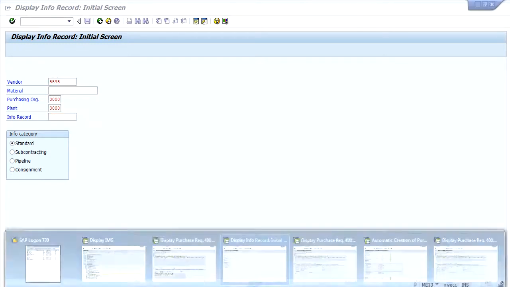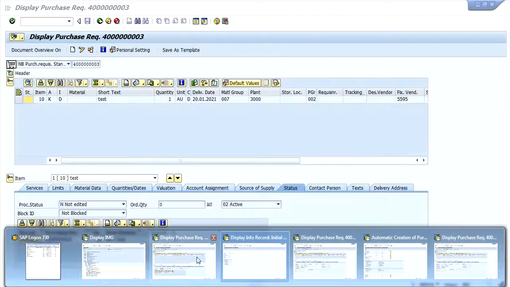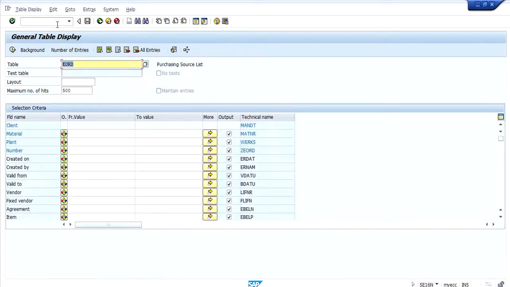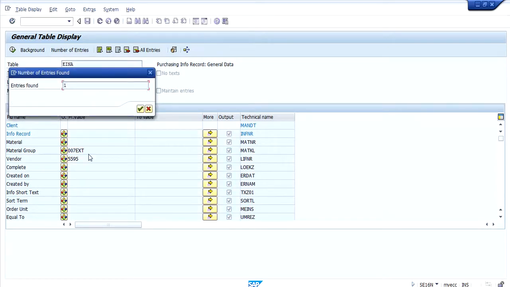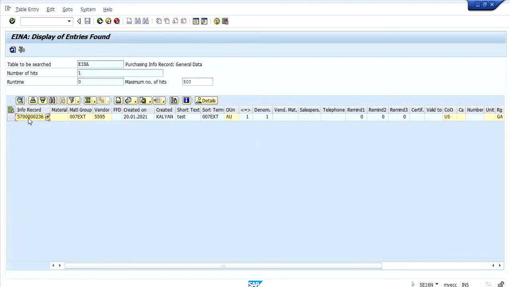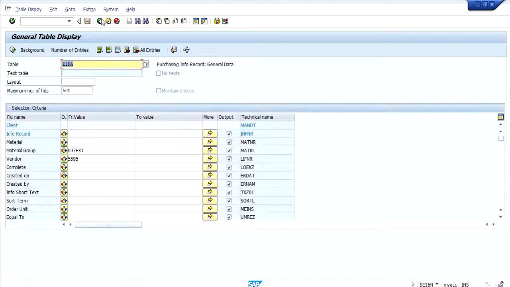One can go to EINA. So this is the info record that is created.